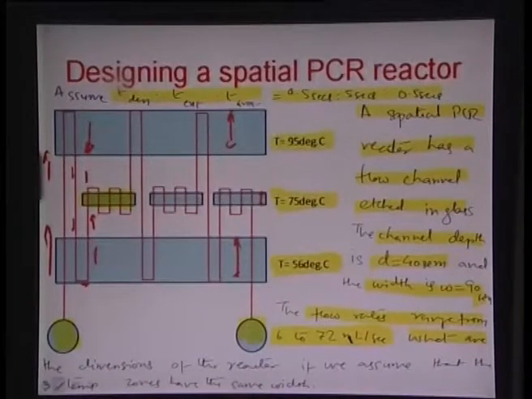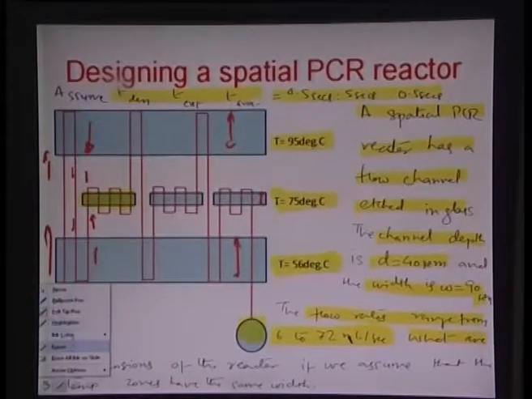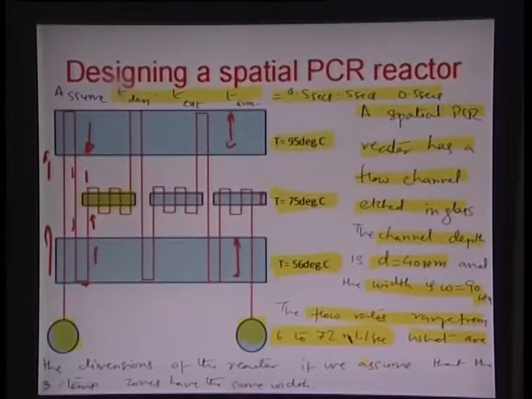If we assume that all the zones have the same width, so we are assuming that the three temperature zones here have the same width, so we have to first take into consideration some properties. So we assume that the sample